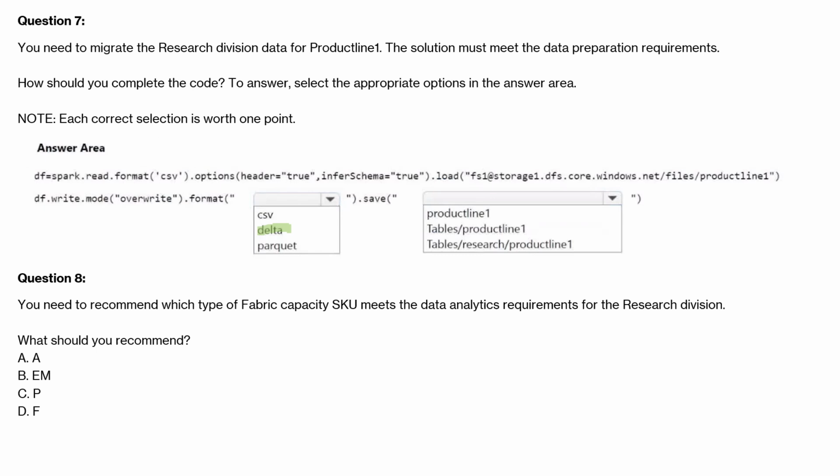And if you can see here, it says dot save. If we had dot saveAsTable, then we could directly use product line 1. But right now, as we only have save, we have to use option 2, which is Tables/productline1. And moving toward question 8,